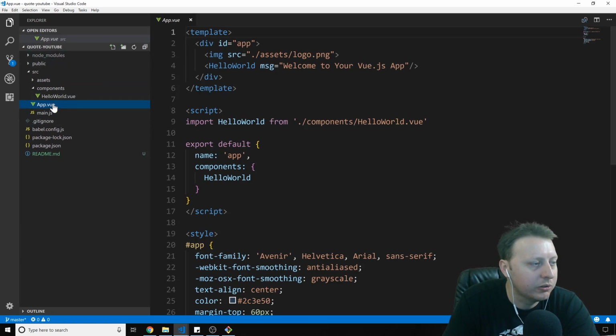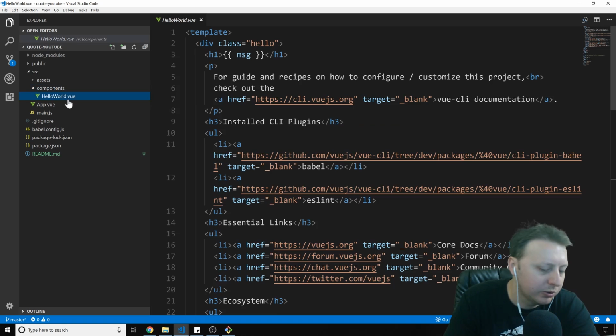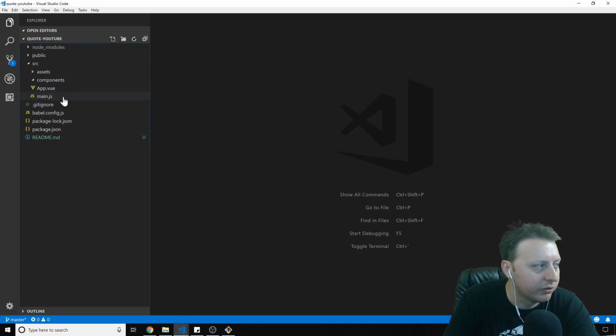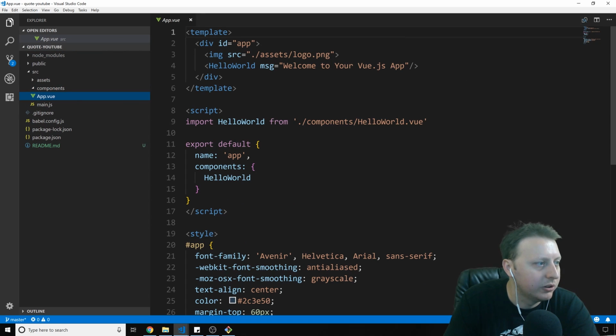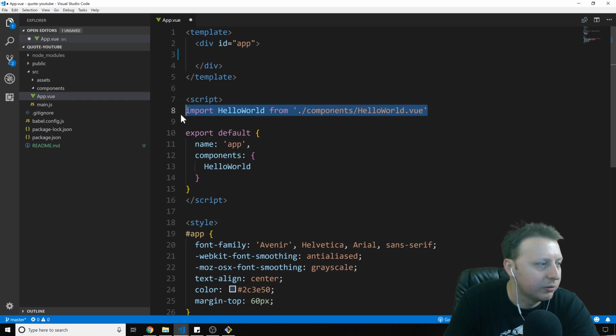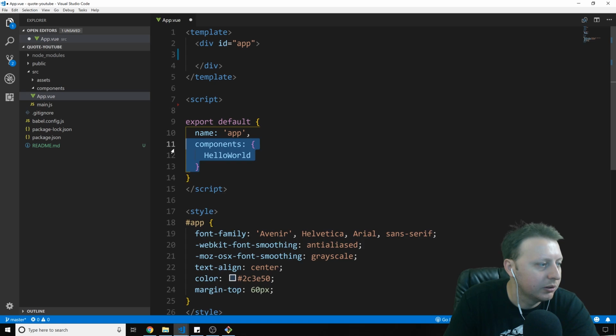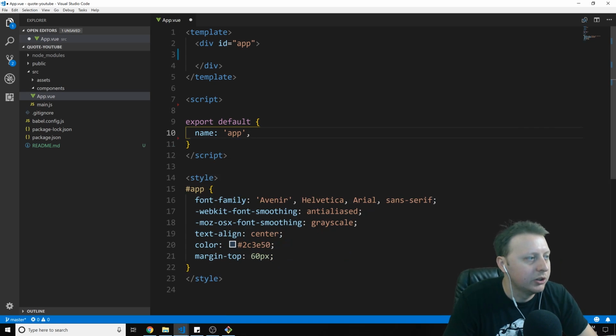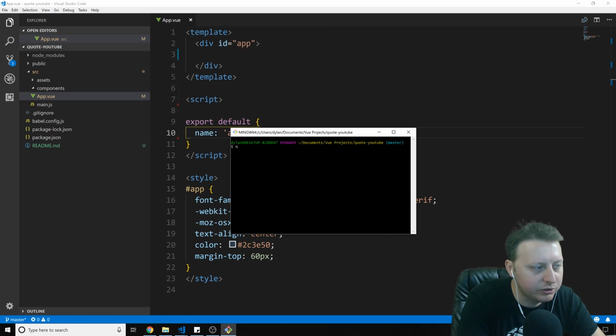Now that we've gone through these files, let's go ahead and start by really cleaning up a few things. One, we don't want this hello world view component. We'll start fresh. And then in app view, we don't really want the logo, and we don't really want this as well. So we're just going to start deleting some stuff. We're going to remove the components from hello world. And what we should get when we go ahead and launch our application,